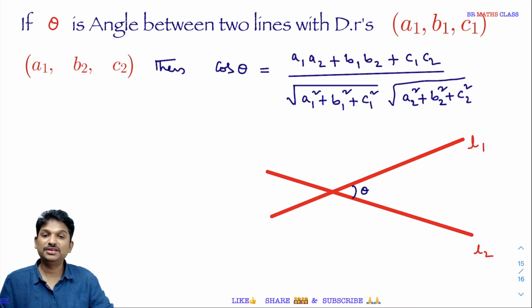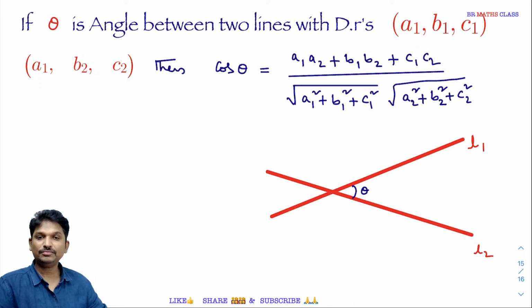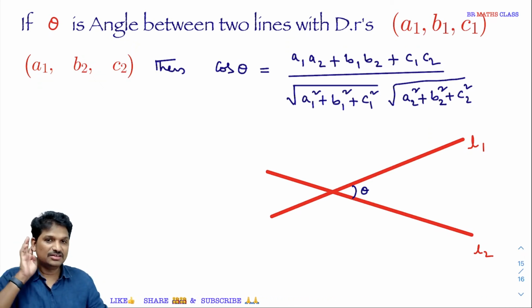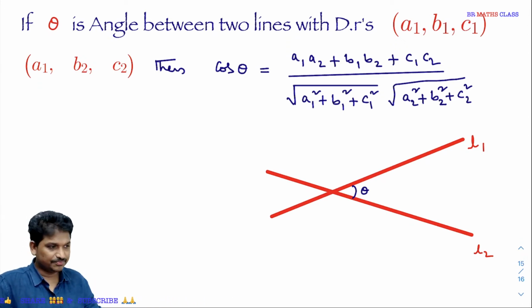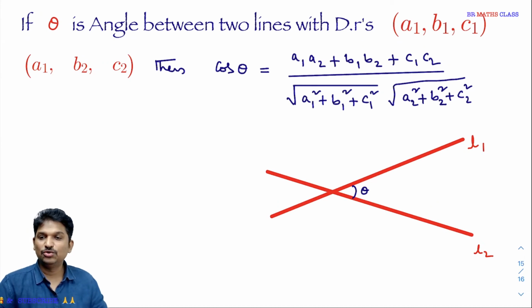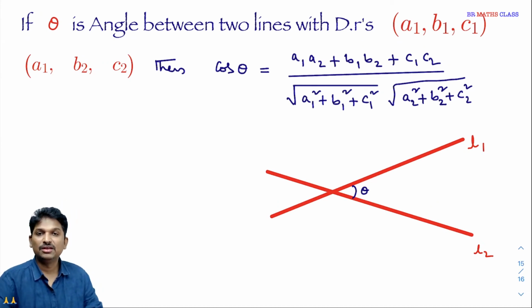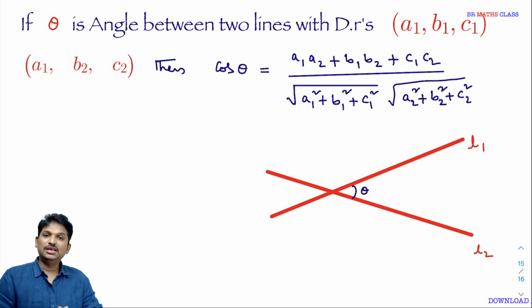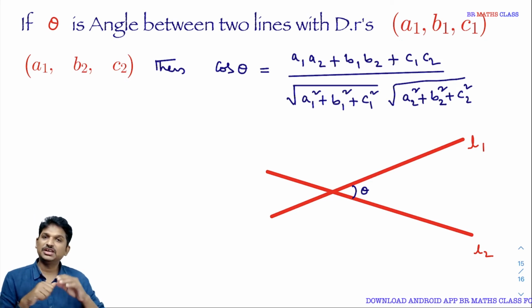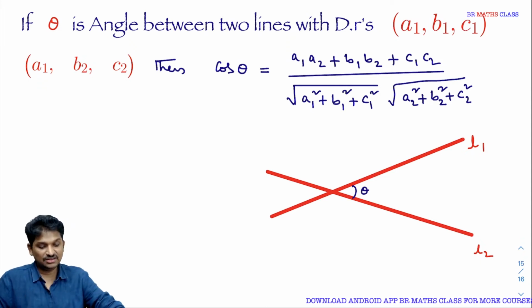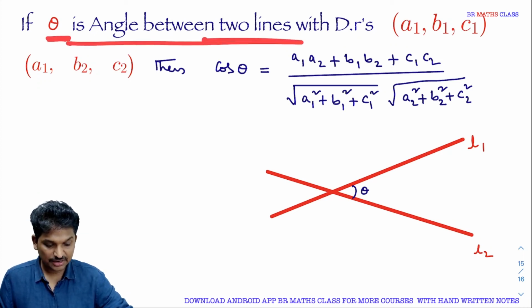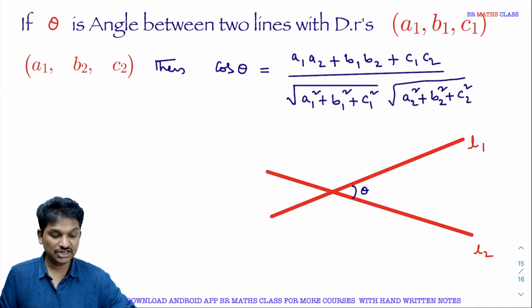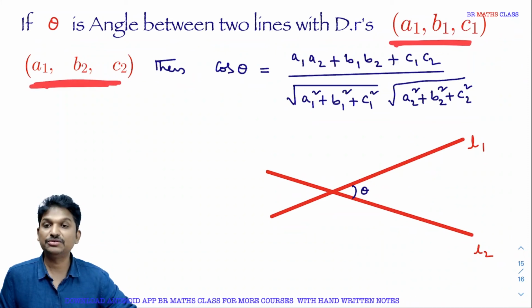Right, the next concept is angle between two lines. This we also use as a formula. In total, 3 things we are going to learn in today's class related to equation of a line, only 2 points are there. One is the equation of a line passing through a point and parallel to the given vector. Another one is the equation of a line passing through 2 points. Third one, if theta is the angle between two lines with the direction ratios a1, b1, c1 and a2, b2, c2,